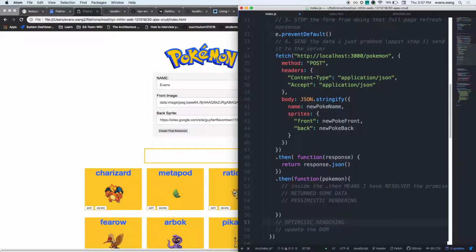So, do you feel comfortable in the difference between optimistic rendering and pessimistic rendering? Now the question becomes, well, which one do I use? Well, great question. Whatever one you want. But there are factors to consider. So for example, if I'm on Instagram, and I'm just hearting left and right, double tapping till my finger comes off,